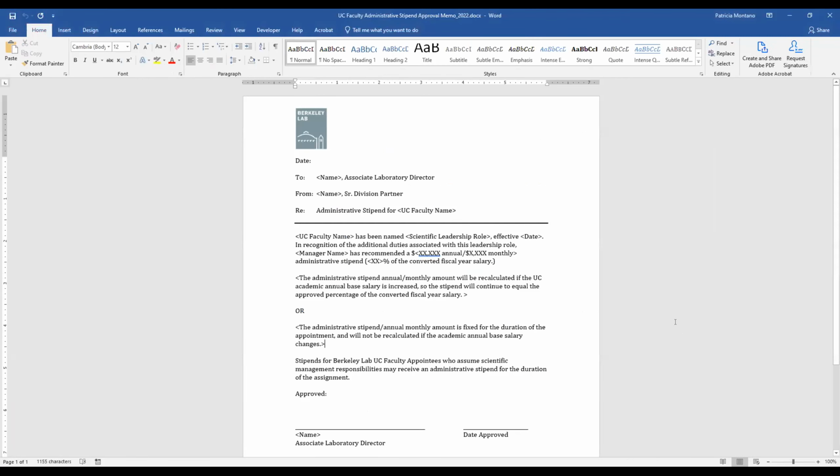Now, Word document. Okay, so this is the template for stipend approvals. It's basically similar to the memo, but very short. It's just so that we can document the stipend: the faculty member's name, their leadership role, because usually stipends are given for leadership roles, the effective date, in recognition of additional duties associated with this leadership